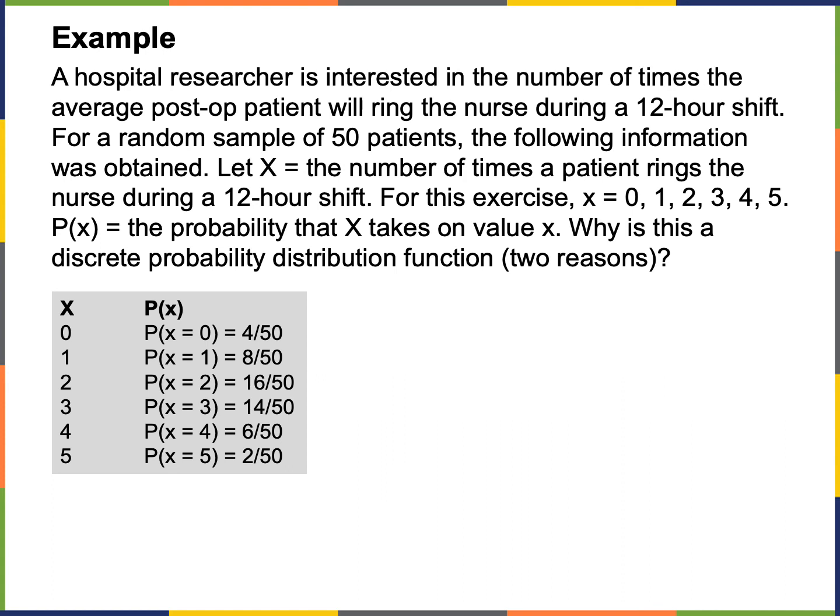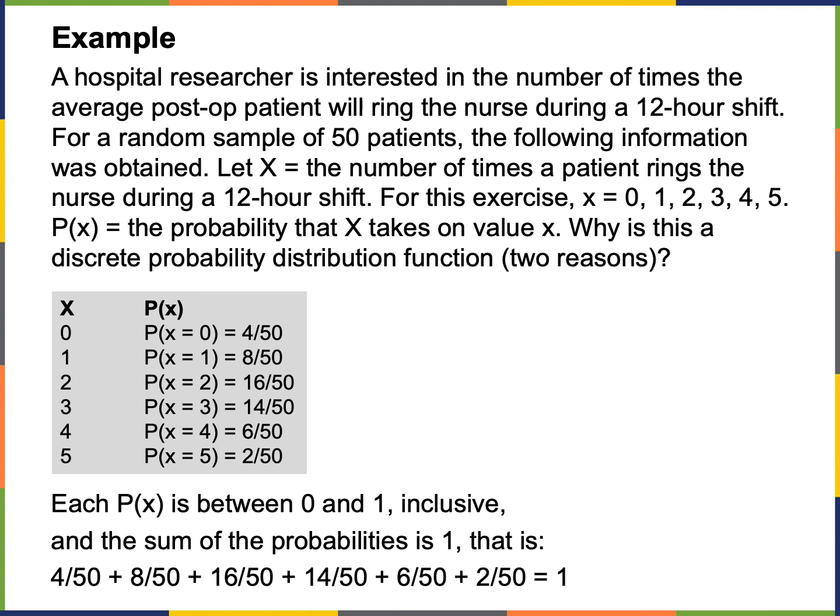And what happens is this basically takes care of everyone. If I add all this up together, what do I get? I get 1, right? So these are the two requirements, or the two properties of a discrete probability distribution function: each individual probability is between 0 and 1, check. And if you add all of them up, you actually get the number 1, also check. And that's it